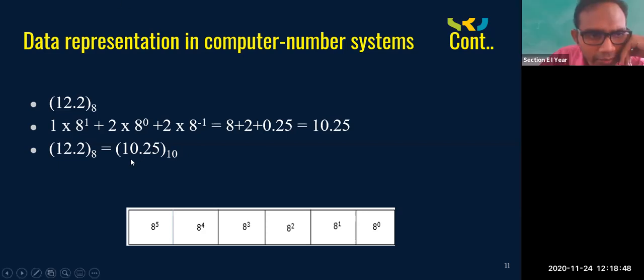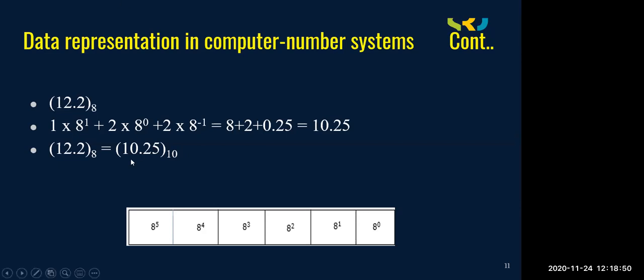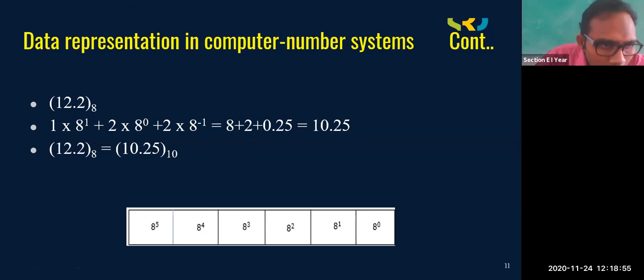Based on this one, the previous slide. This one, very good. Now, see, first we are going to take the 2, multiply with 8 to the power